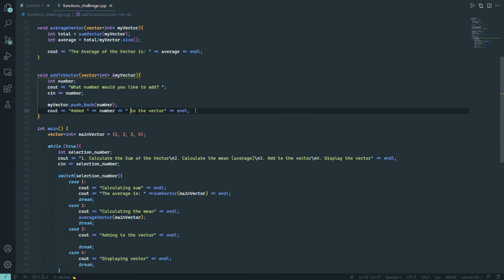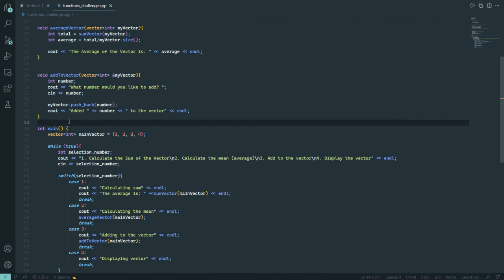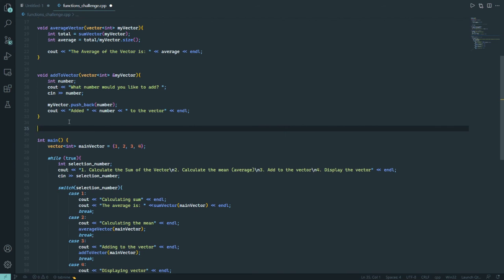Okay, so now let's try making the function for displaying the vector. So with the display vector, we can check if the add to vector is working as well. Okay, so let's just write here add to vector main vector. Okay, so displaying the vector should be very easy to do, since we've done it before when we talked about vectors and arrays. So we can just say display vector,